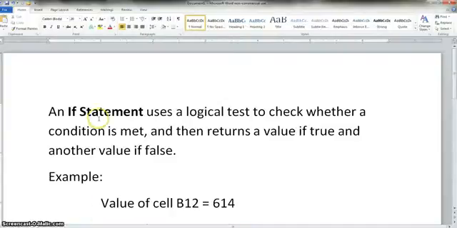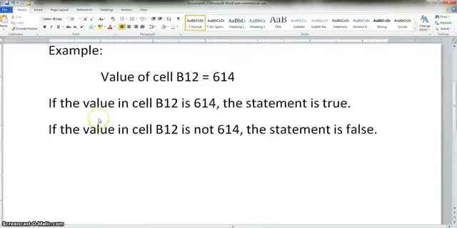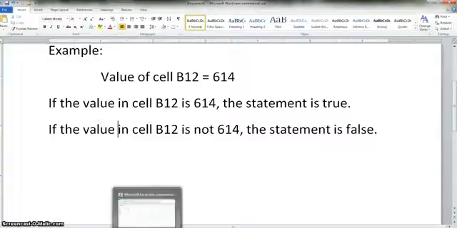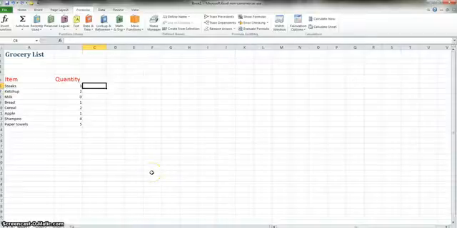An example of that, say in Microsoft Excel, you go to cell B12 and you input the value 614. Now, it's true because the cell B12 contains the value 614. If it did not contain that value, however, the statement would be false. Let's elaborate on this a little bit more